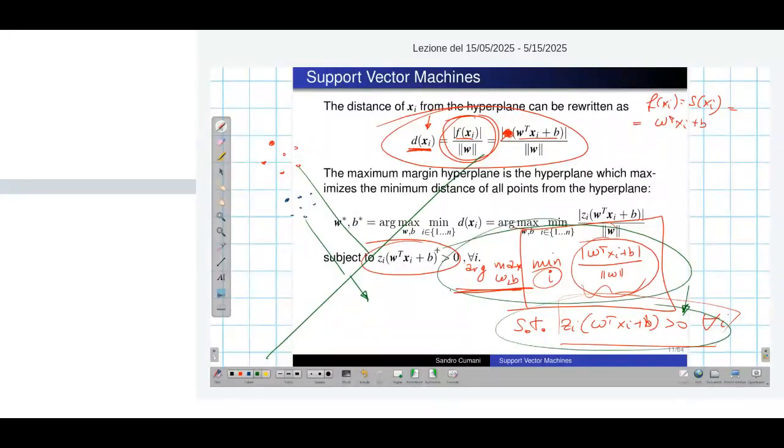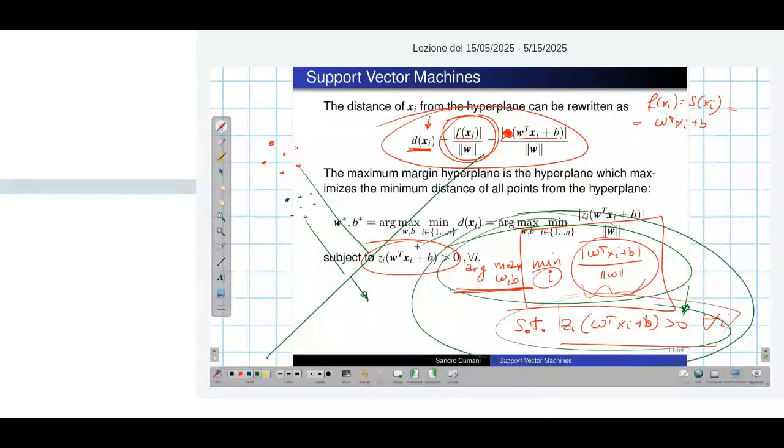of the minimum distance. Now, you can imagine that working directly with this expression is not nice. We have W, we have a maximum of a minimum, we have constraints, we have W in a fraction where we have on the numerator W, on the denominator the norm of W, which itself is the square root of the sum of the squares of the elements of W. So working with this expression is not